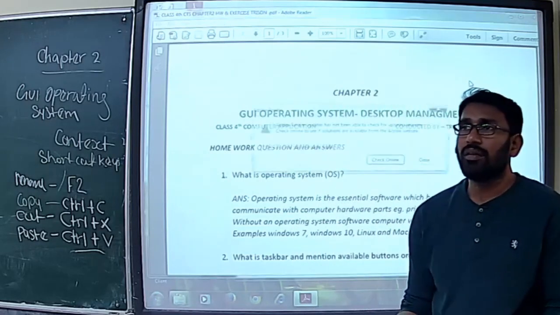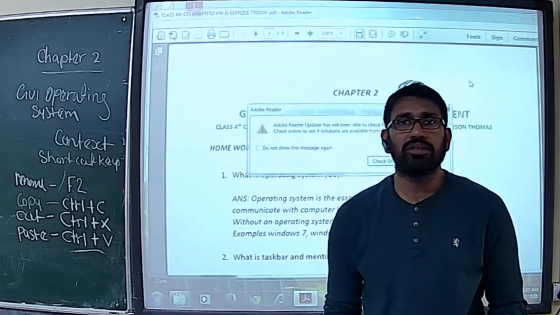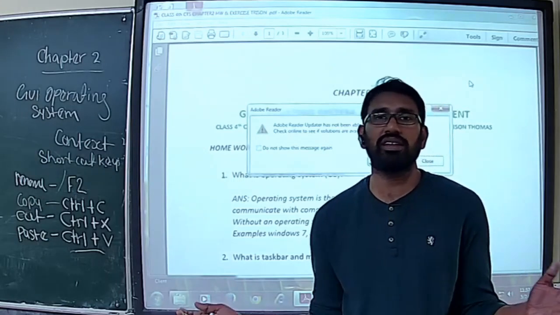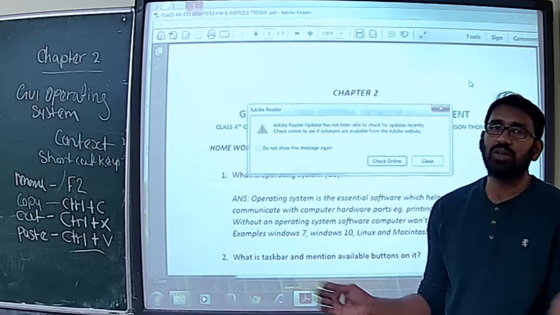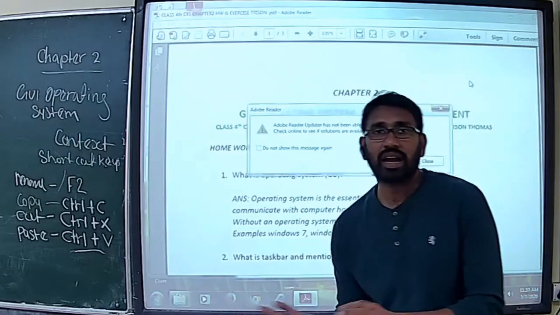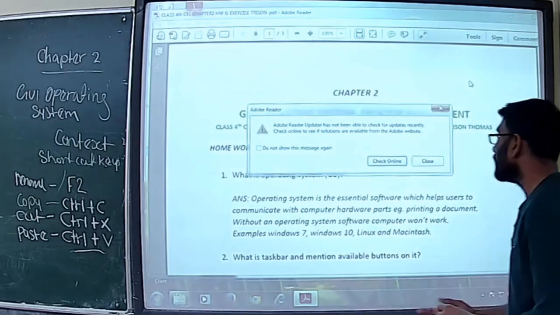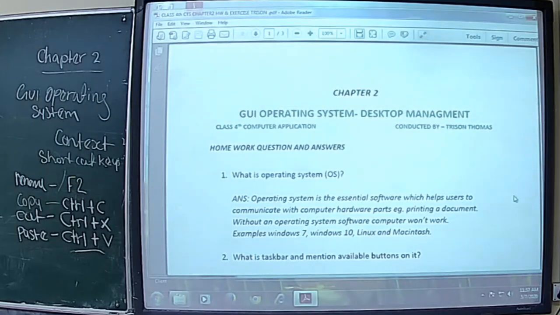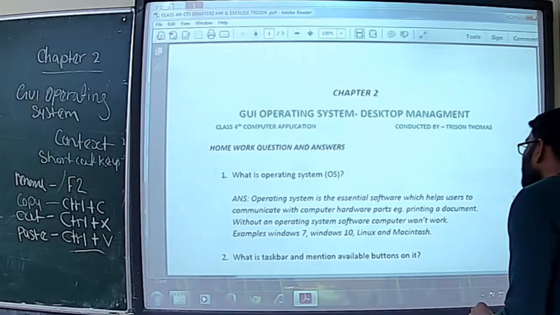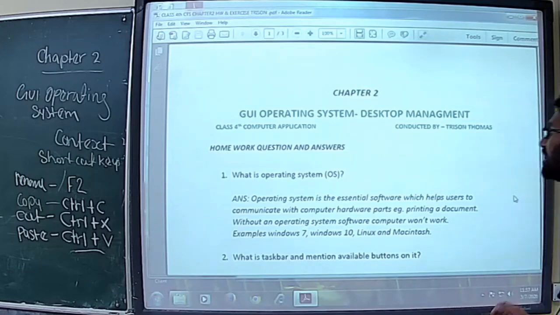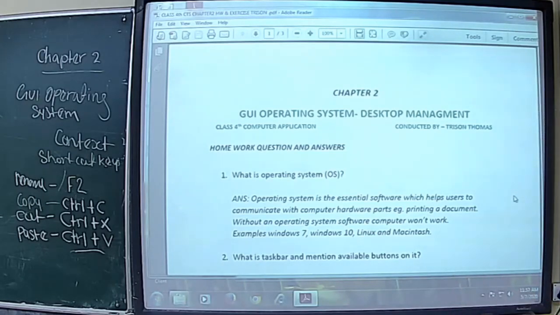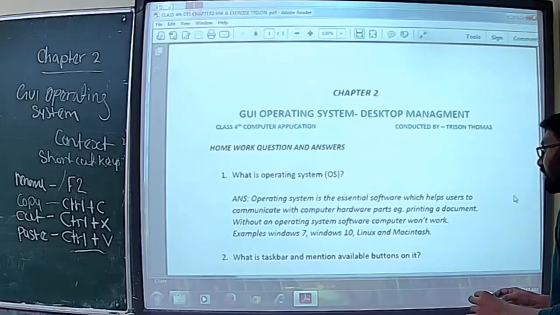For example, you are printing a document, you send the print command, but the operating system is not communicating, so the print does not get completed. So the answer is, operating system is the essential software which helps the users to communicate with computer hardware parts. Example, printing a document. Without operating system software, the computer won't work.